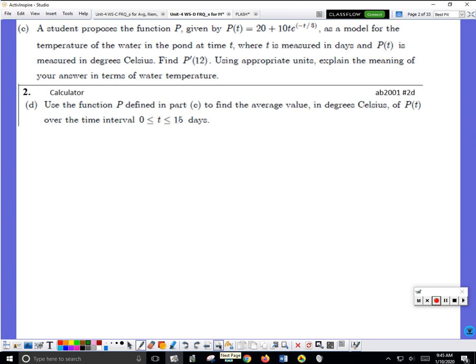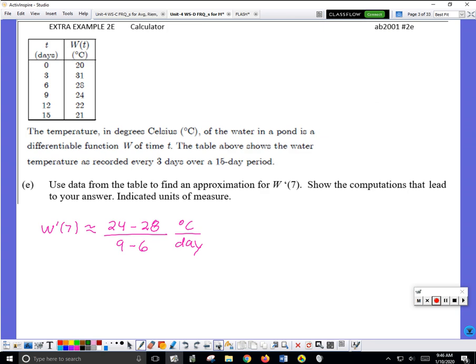Next one. This says find the average value in degrees Celsius of P over that time interval. That's just review from the yellow packet. So I'll let you do that at home as part of your homework. So moving on. Do this extra example, go. So do that one quick. Stop me if you have a question. Go. This is also review from the yellow, but